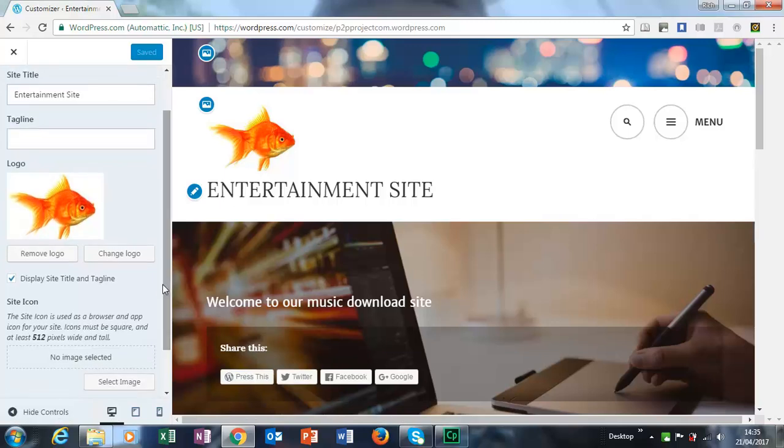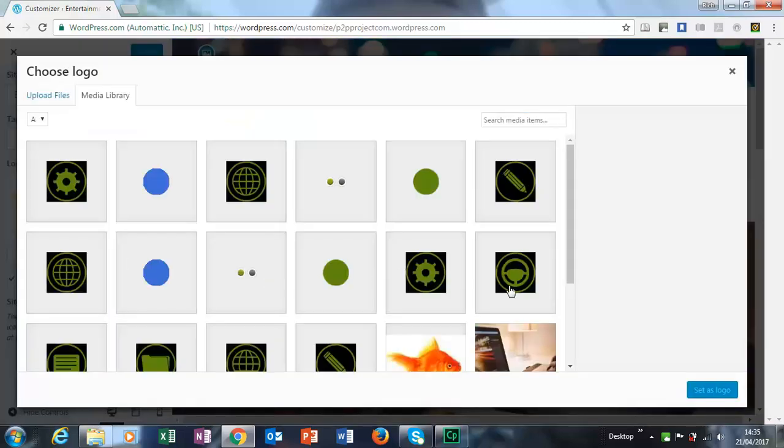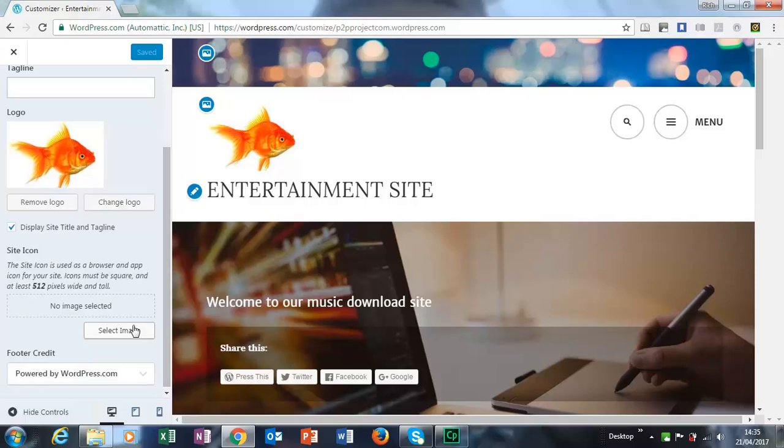You can change the logo. I put a fish here. You can change that logo just by clicking there and selecting another image. We don't want to change it, so let's close that. Icon, you can also do the same, select one there, and then of course the photo credit, which it says